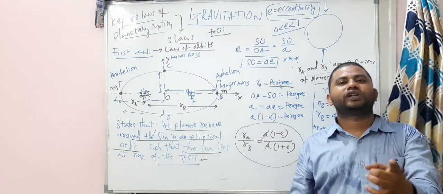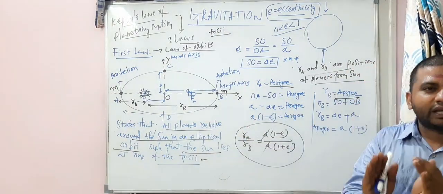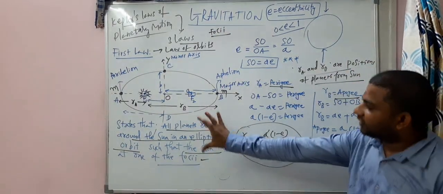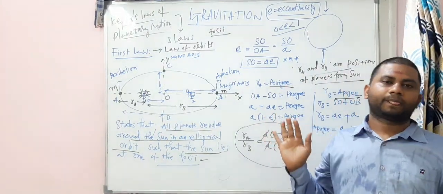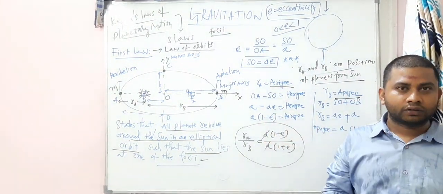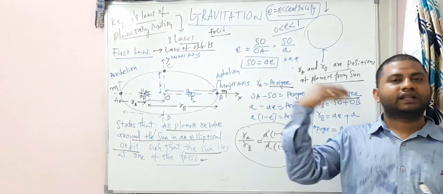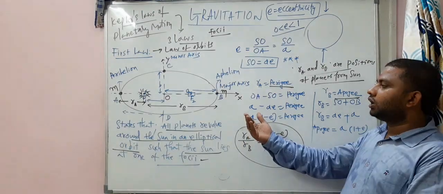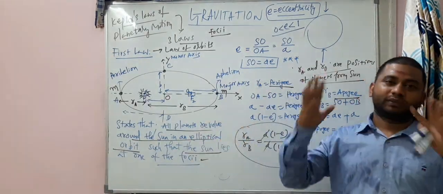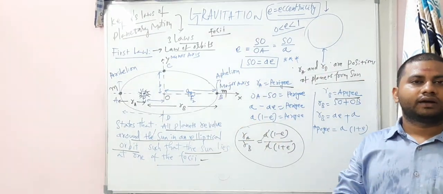And most of the students will leave this simply by learning the definition or the statement of the first law. They'll stop learning it. But if we are not like that, there is no difference between the other people and us, if we also learn only the statement of Kepler's first law, right?